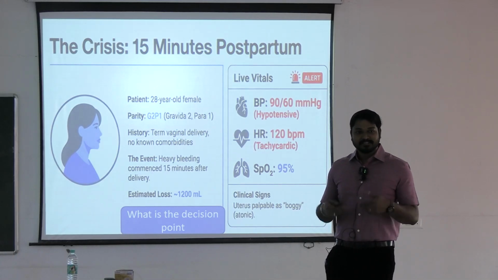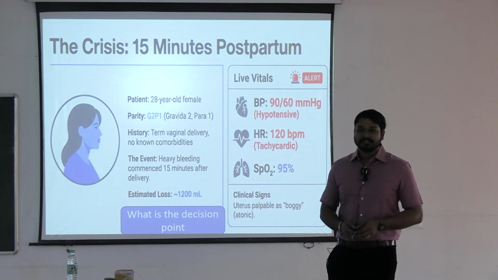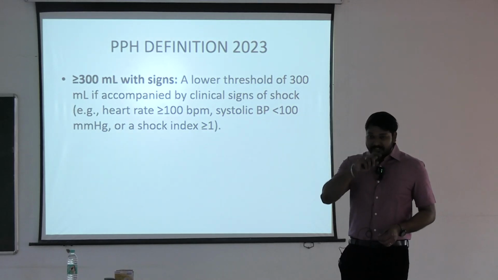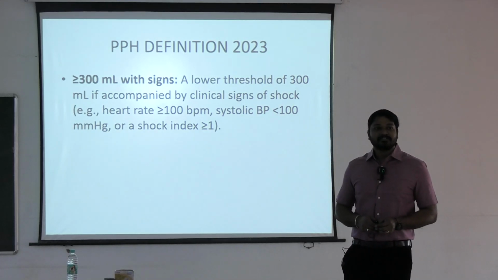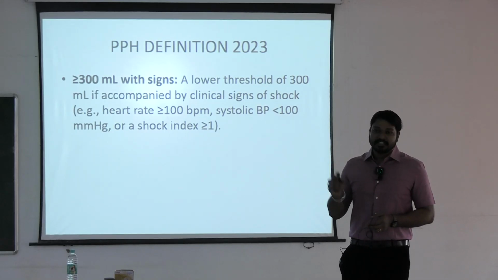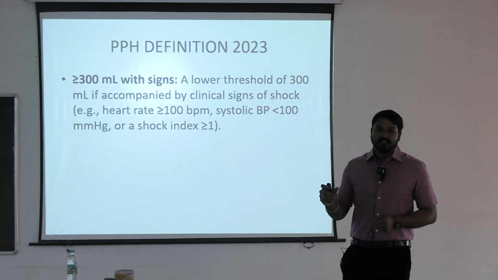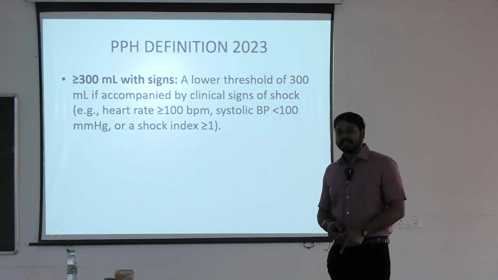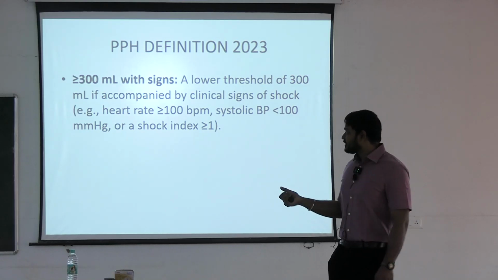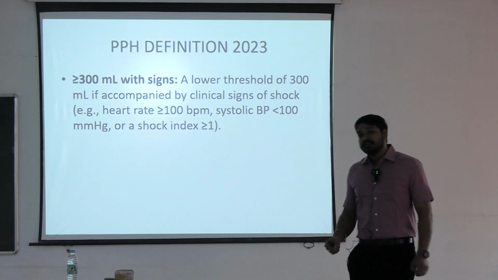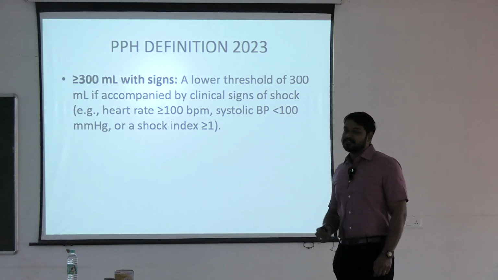After delivery, the patient started bleeding. She is in shock. What is the diagnosis? Postpartum hemorrhage. Very good. So, you should know the definition of PPH. Initially, the definition of PPH was a blood loss of 500 ml in vaginal delivery and 1000 ml in cesarean section. We called it PPH, but in 2023 WHO has changed the definition for PPH, that is blood